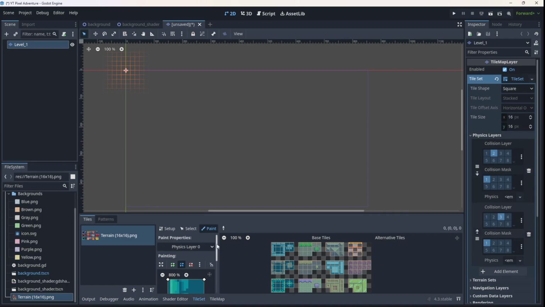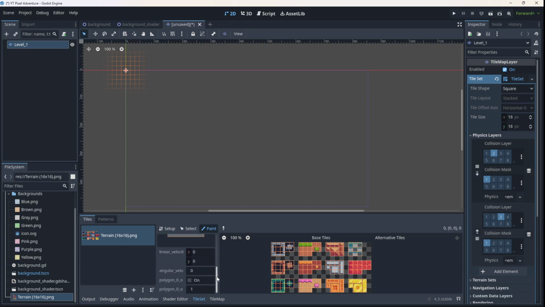So what we're going to do to make sure that the pass-through works correctly is we're going to switch to layer 1, which is this layer here, which is our pass-through. And we're going to focus on just these tiles. I'm going to actually change the collision for it, because all of that is empty for those ones. And we can go ahead and paint them all the same. So these are all painted as